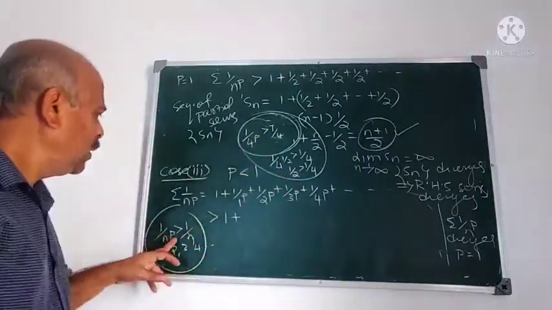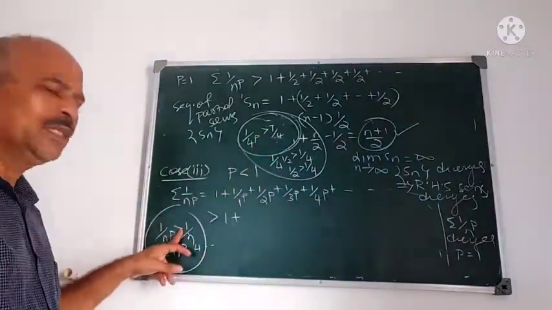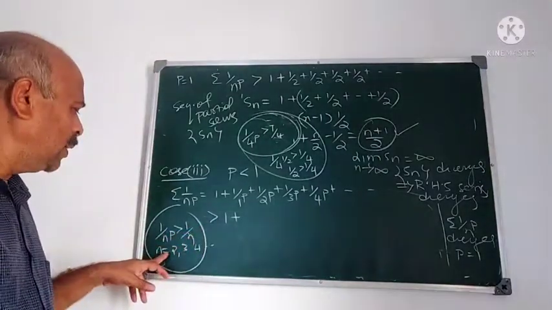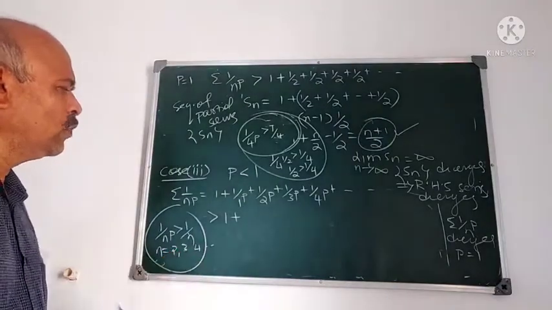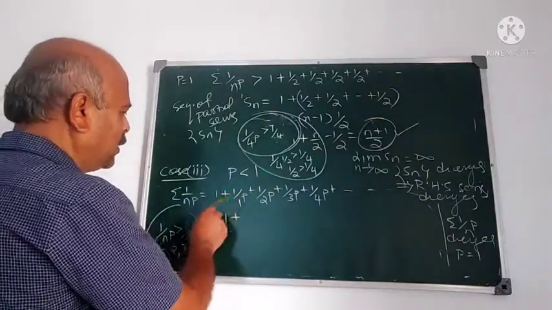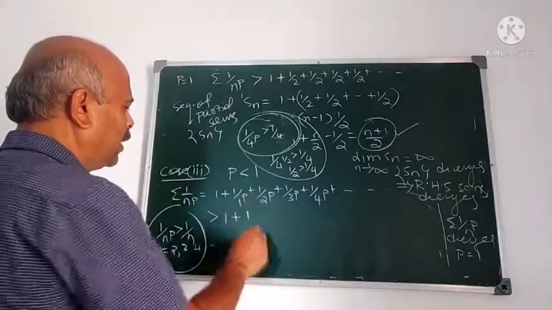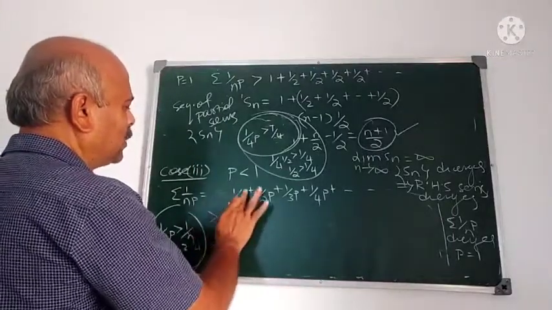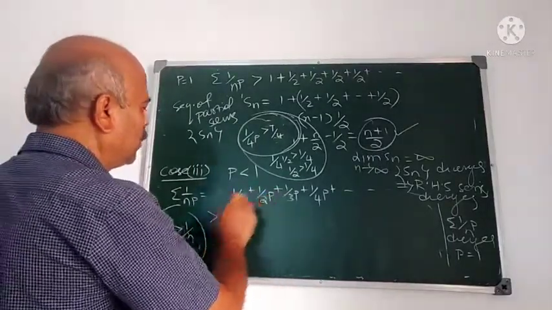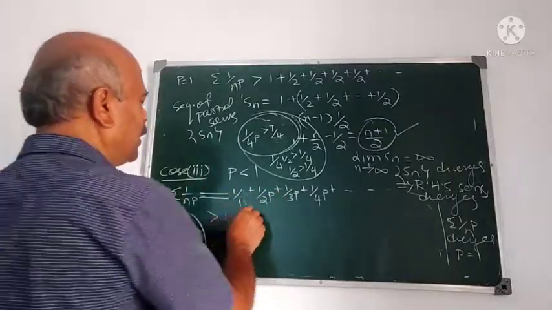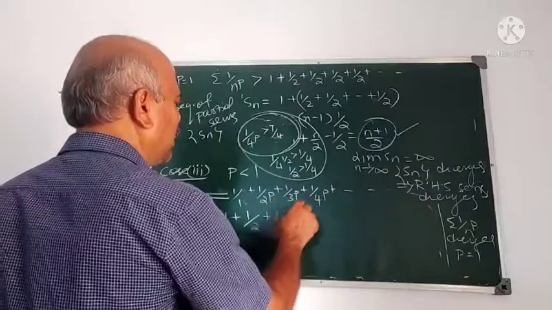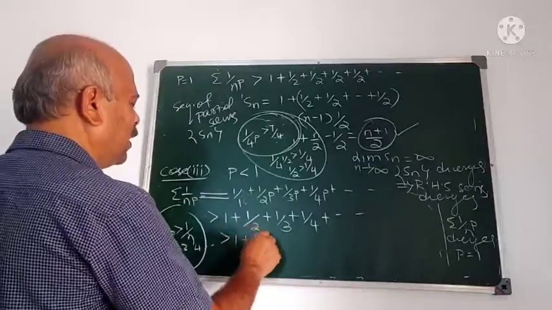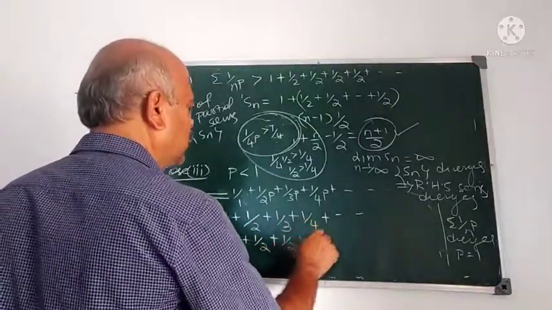See, therefore, if p is less than 1, then 1 upon n raised to p is greater than 1 upon n. This is where it plays a very important role in the proof, for all n equal to 2, 3, 4, etc. Therefore, we can write it is greater than 1 plus 1 upon 2 raised to p, 1 upon 3 raised to p, etc. Now it is greater than 1 plus 1 by 2 plus 1 by 3 plus 1 by 4 and so on. Now it is greater than 1 plus 1 by 2 plus 1 by 2 plus 1 by 2